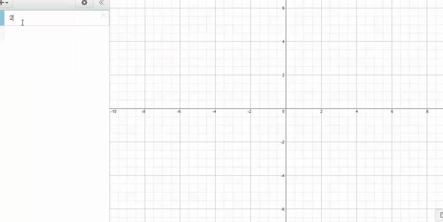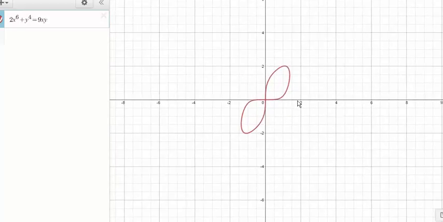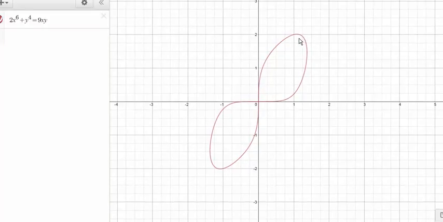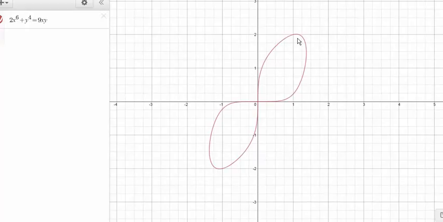So this will be 2x to the 6th plus y to the 4th equals 9xy. Okay, so we've got this little propeller looking thing here. I'm going to zoom in. And now what they want is at 1 over 2 up, which is, let's see if I can get on that curve, just this guy right here. Okay, if I zoom in a little bit more,